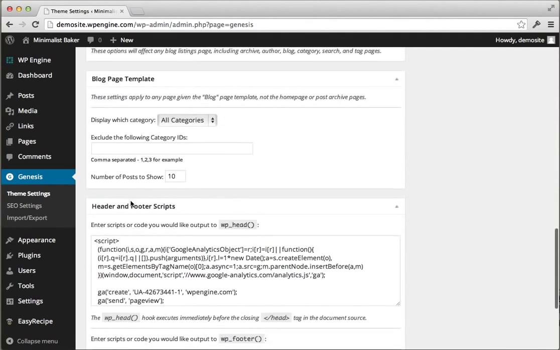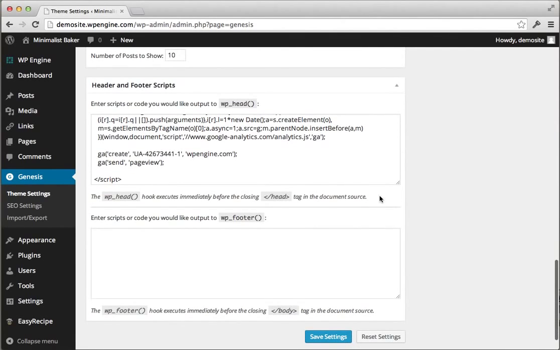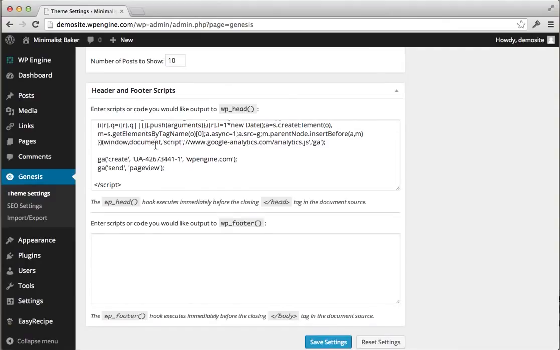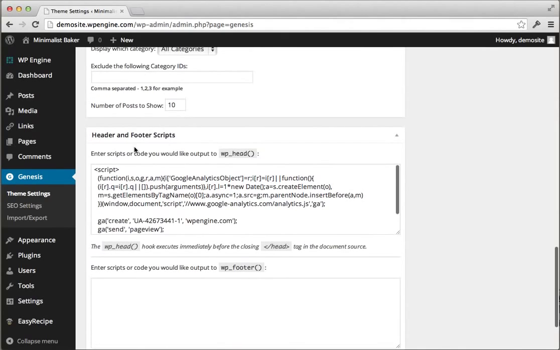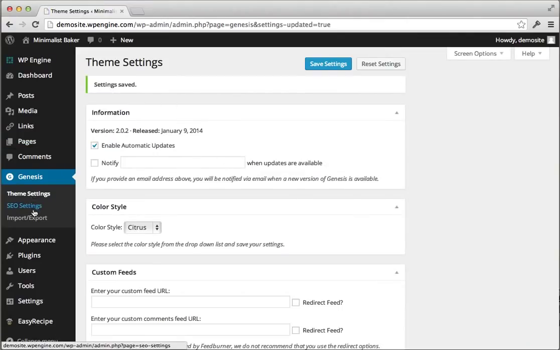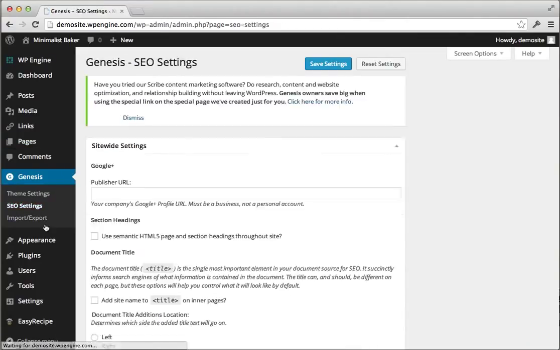Some other basic information, how Genesis will format your site, as well as the ability to drop a script that would run in your header or footer. This is a great place for your Google Analytics script. So again, Genesis theme settings and then WP head, you can drop your Google Analytics script without getting in your code, which is terribly convenient. Make sure you click Save Settings if you change anything on here,